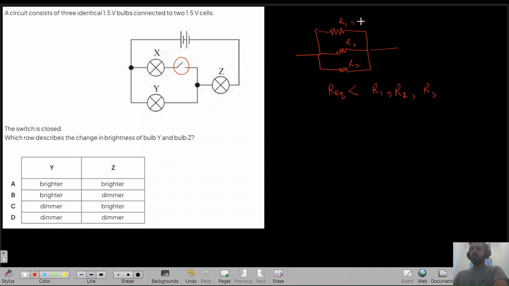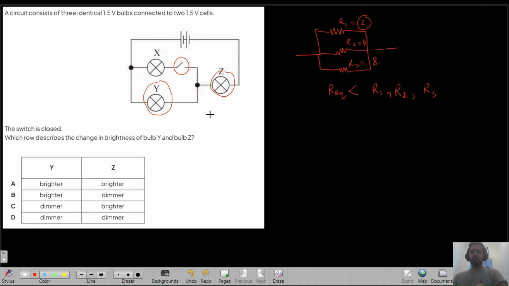Let's say if R1 is 2, R2 is 4, R3 is, let's say, 8. So you should know that the equivalent resistance will be smaller than the smallest resistance connected in this circuit, that is 2. So in this case, R equivalent will be smaller than 2. So if you understand this concept, you will see that before closing the switch, we had only one resistor here and one resistor here in the circuit, right? But after we close the switch, now we have a parallel combination in this part, that is X and Y,